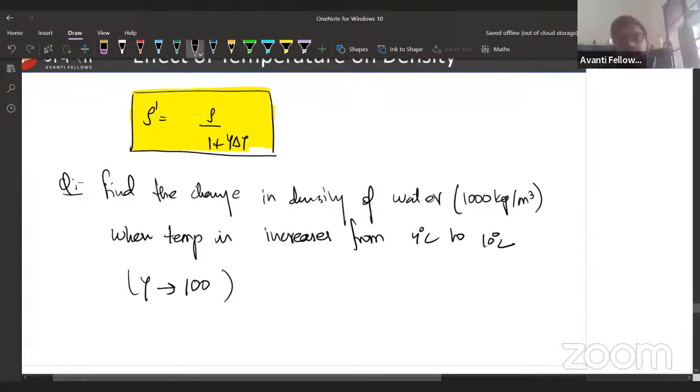Okay, solve it. Hopefully you have at least tried it, right? I'm just directly using this formula. Change in density will be equal to density, that is 1000 divided by 1 plus 100 into change in temperature, that will be equal to 6. Normally, whenever you're solving a question, always change this quantity, 4 degrees Celsius, into Kelvin and then solve it. But in this case, the change in temperature is equal for Celsius as well as Kelvin, right? So